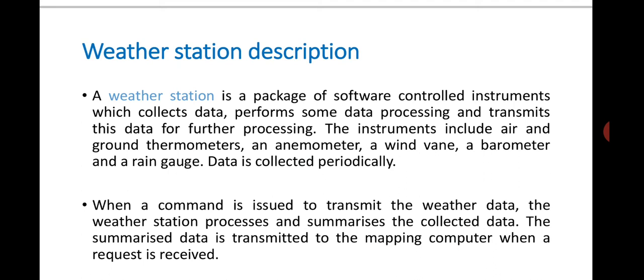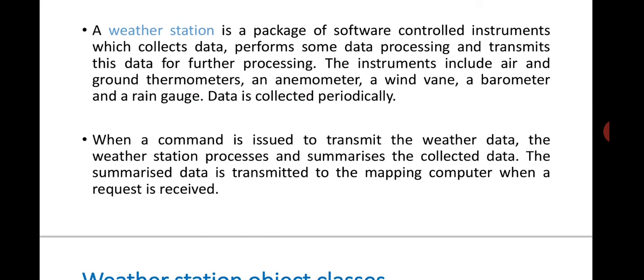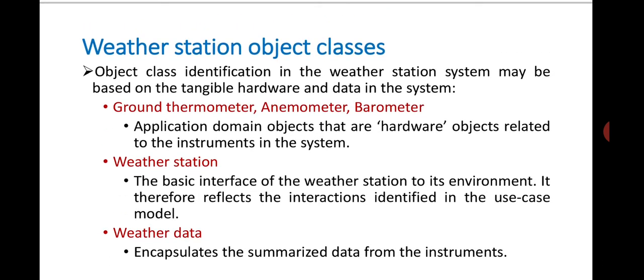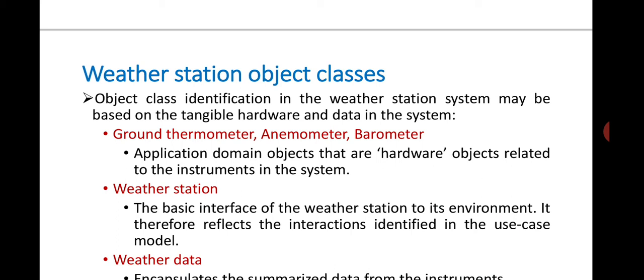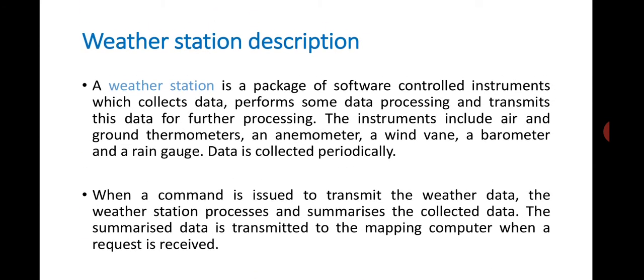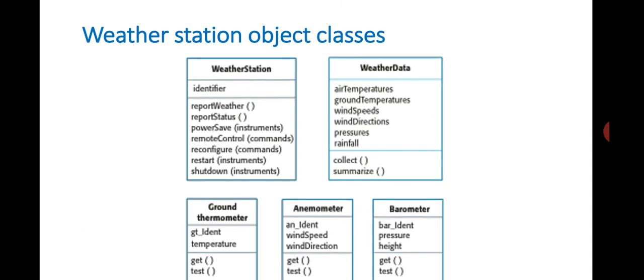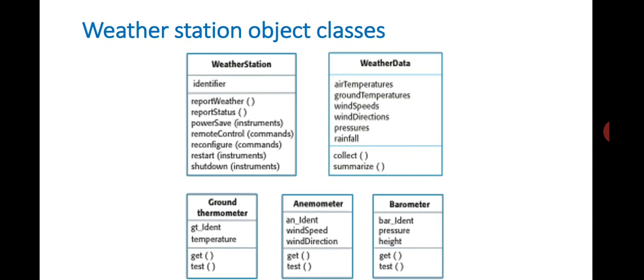This is how, normally, every part of a system or any component of the system that we are supposed to design should be described, with which we try to identify the principal objects. If you look at the names of the principal objects, these are all real time entities which are part of this weather station. We are not defining the object classes as something different here. They all look like real time entities which are part of that particular weather station with respect to its domain application. These are some samples of object classes that we have identified here.